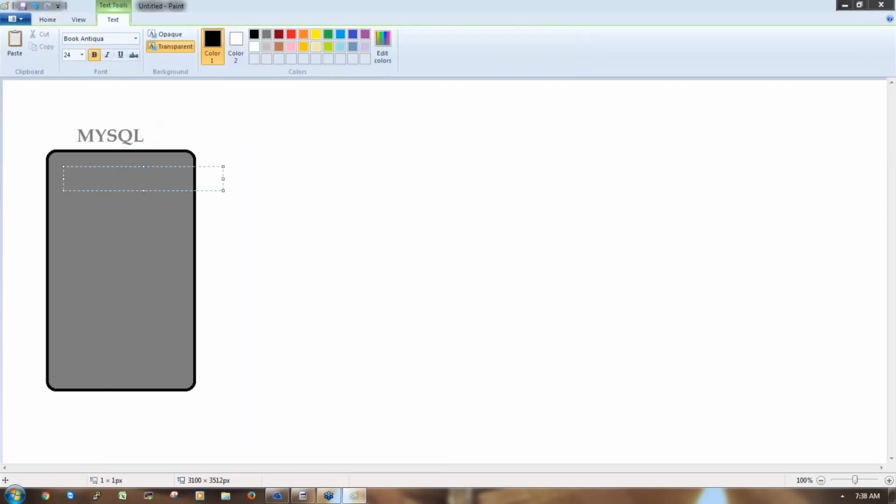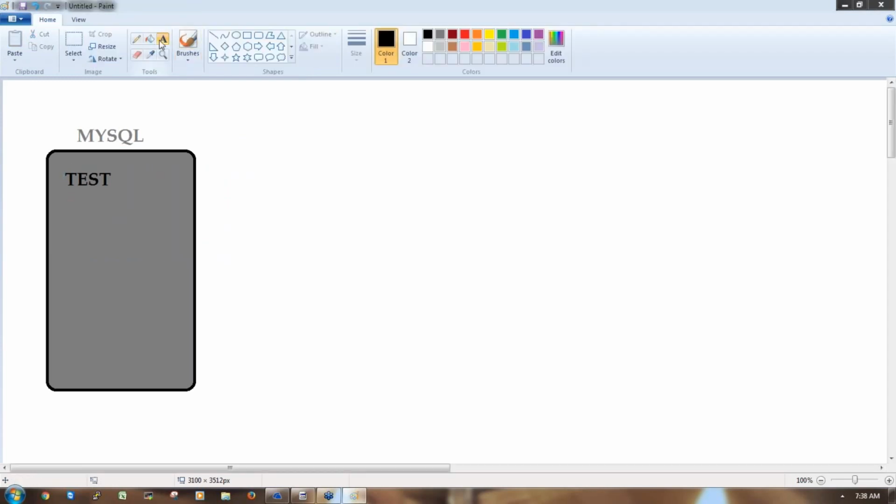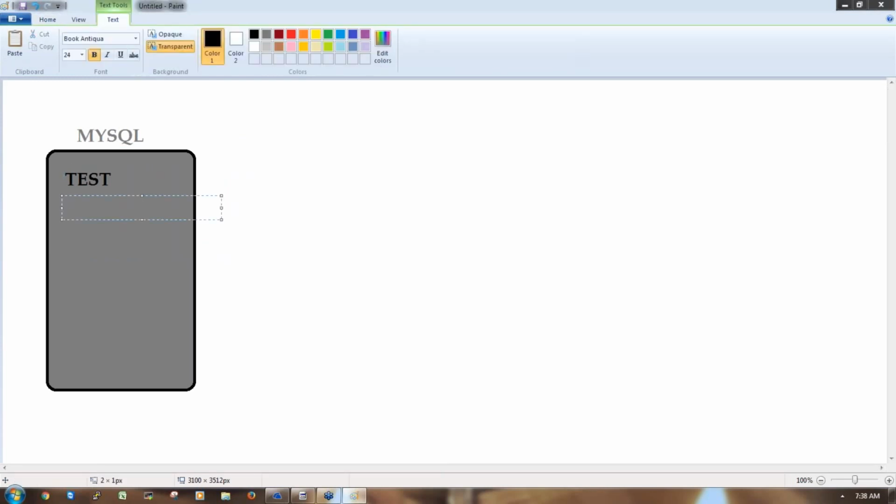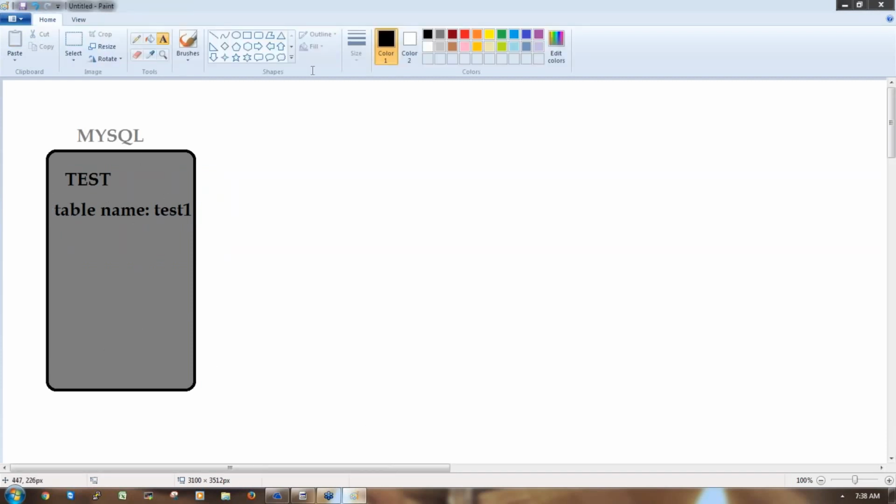In it I have a database whose name is test, and the table we are trying to import is named sometest1. So from the test database I have some data in sometest1. This is my production database, right?